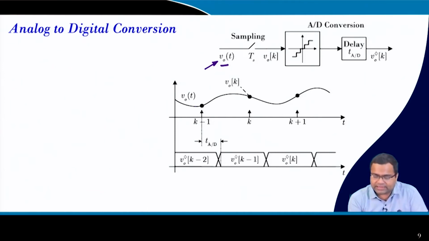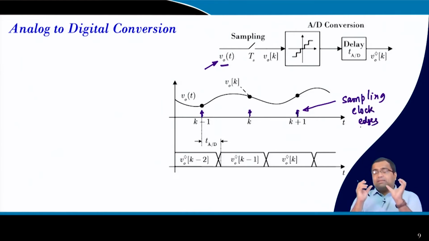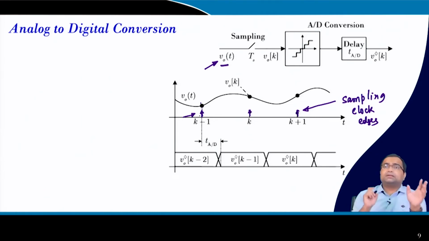Remember, once you send a command, this is my sampling command. These are my sampling clock edges. That means, whenever these edges come, it gives the instruction to the ADC that you now sample it. So, this is a moment when the ADC will sample,